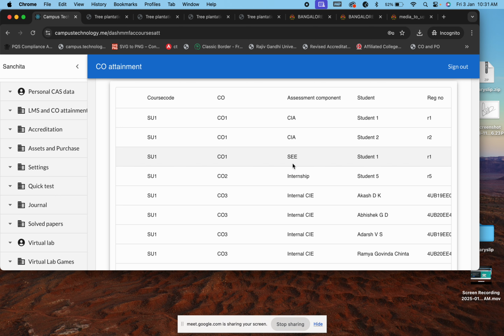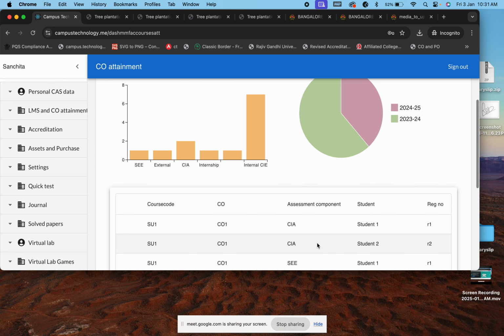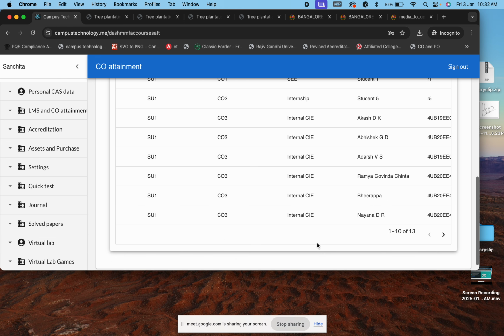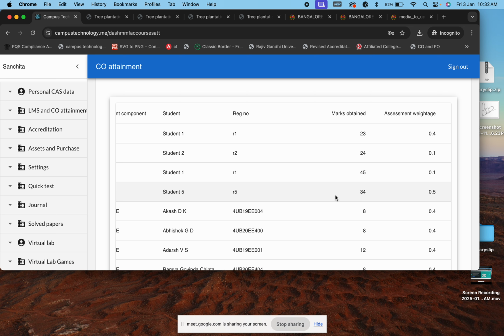But if you have actually done the mapping, you know how many are CO1, CO2, you can use the same thing. Actually, I've done some samples for the last semester. My colleagues helped me in doing it. Some I have done COs as well as RBT levels. What about the rest of the departments? Everybody has done it? Yeah, actually, I have taken some samples for the AQAR only, just to upload it. As per the COs and the POs, we try to create COs in the question paper itself. We have samples as well. So if you've actually done the mapping, then there is no problem. You can directly add this data.